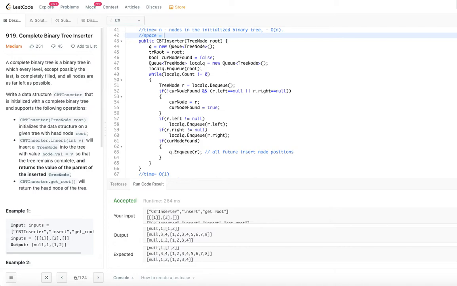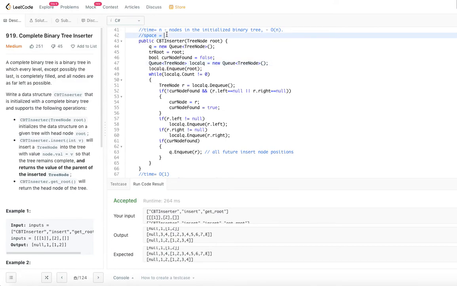What is the space complexity? We are using 2 queues. One is this queue and one is this queue, right? So this queue, all the queues, either this or this, both queues, they are not a permanent storage. Nodes will be coming into the queue and going out of the queue, right? So at a given time, the number of nodes in the queue are equal to the maximum number of nodes in a given level, right?